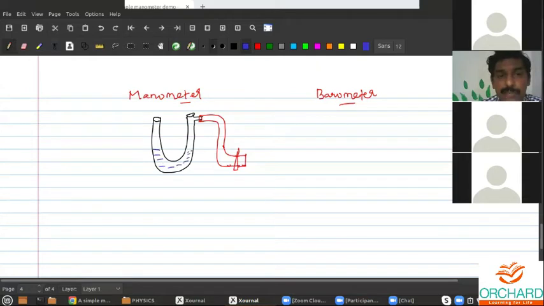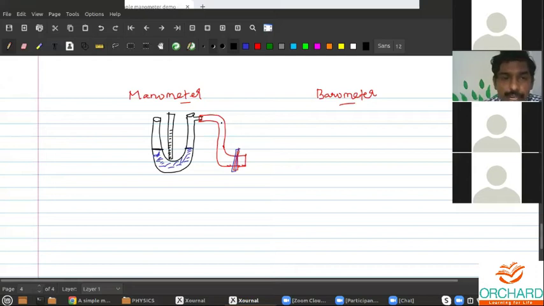Inside you will have some liquid, maybe ink or any other colored liquid. So this is a glass tube, and you have a rubber tube with some control to remove the air inside or to apply more pressure inside. In the center you will have a scale. I will show you that video. The scale will be calibrated, so you can measure the height of the liquid column.